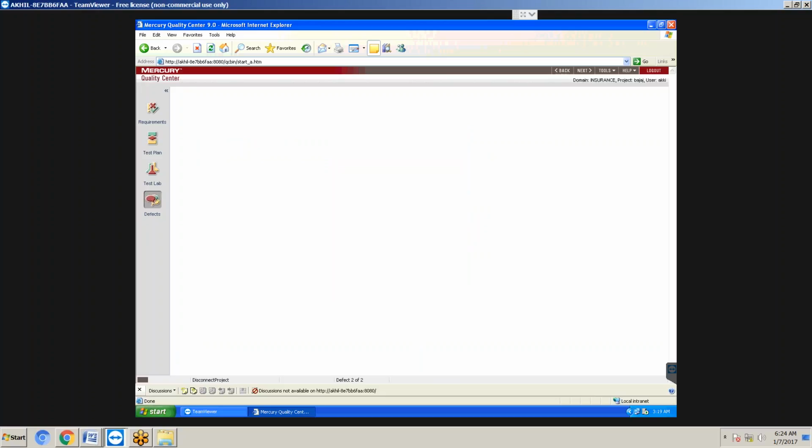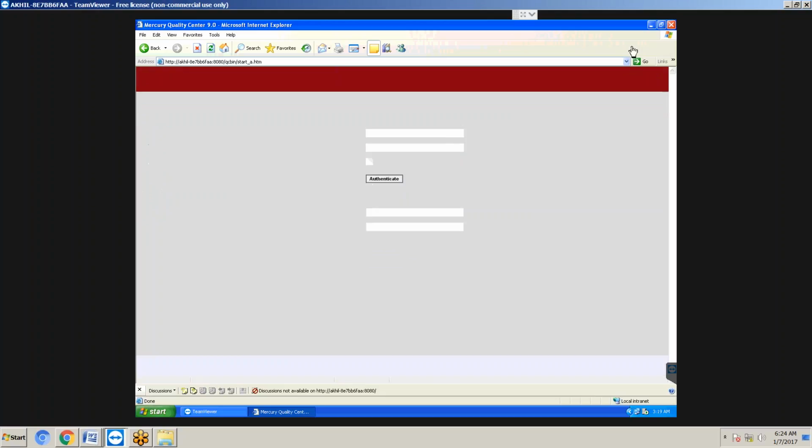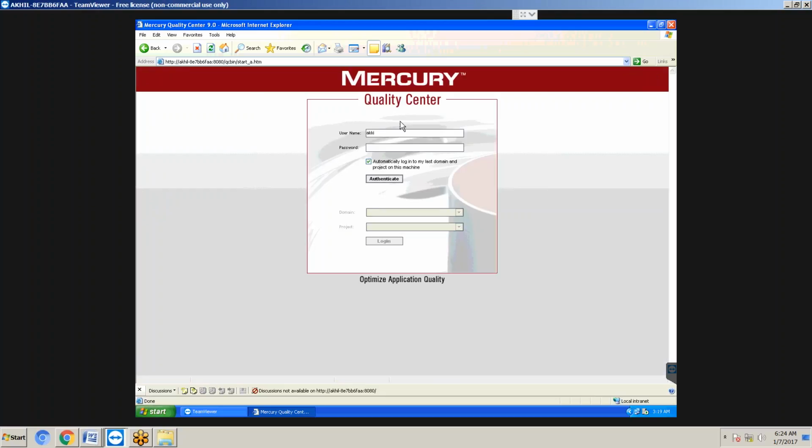I raised the defect to developers. Parallelly, who is the developer? Vinay. Vinay is the developer. He is a developer using his username and password.